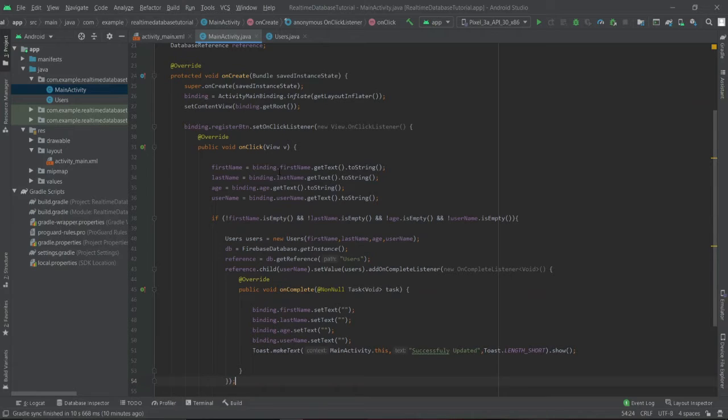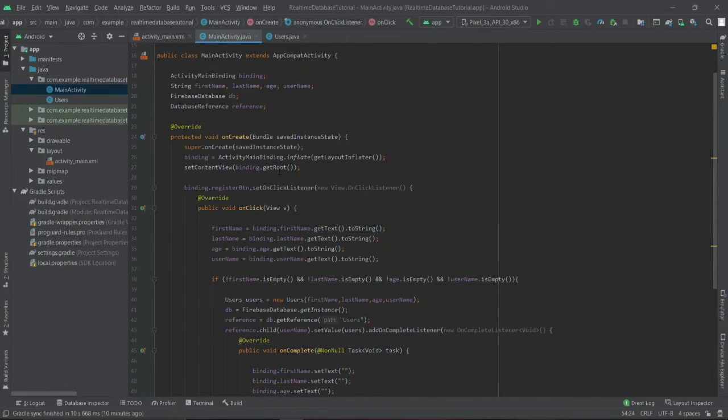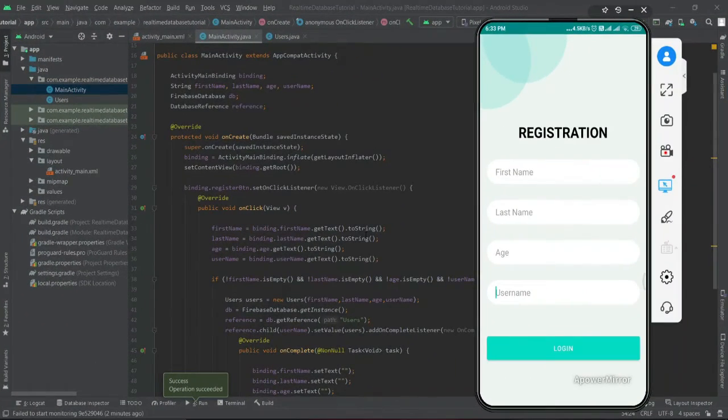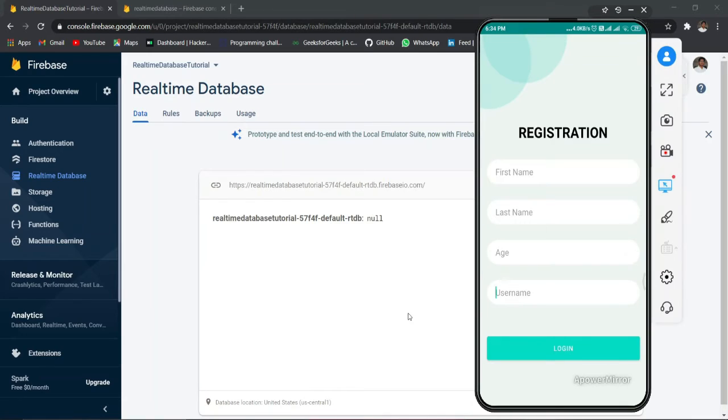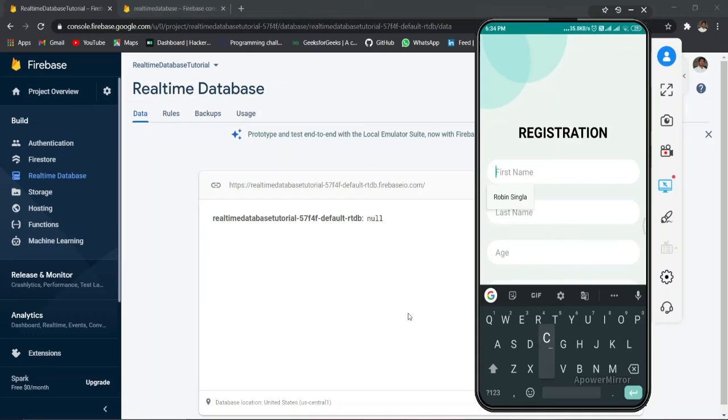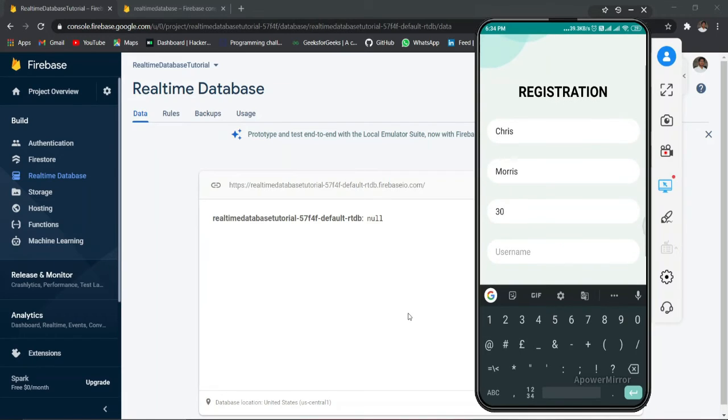So let me just quickly install this app to my cell phone and check if it is working fine or not, right? Okay guys, the app has been installed to my cell phone, right? So let us go to our Firebase console. So here you can see the database is empty, right? So if I just enter a data, for example, if I enter Chris Morris and age is 30 and the username as Chris M, right?